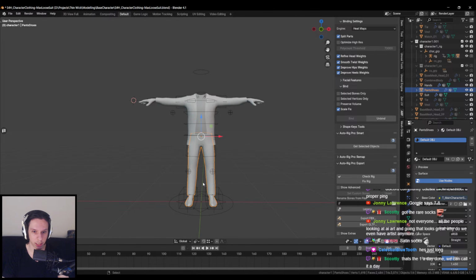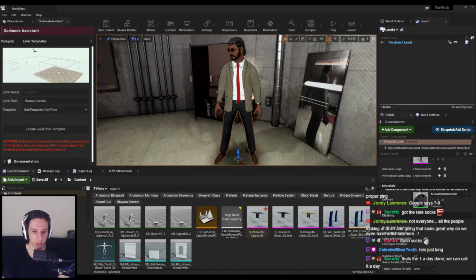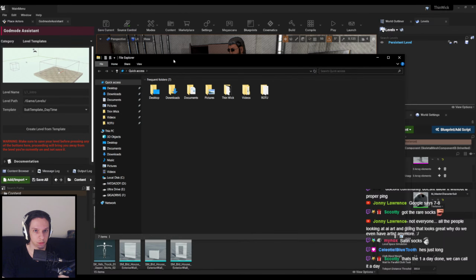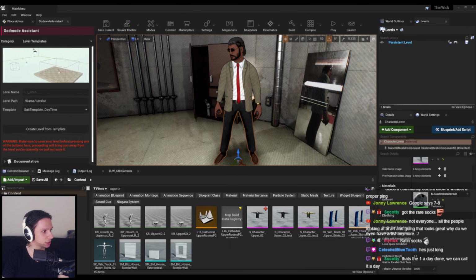I don't think I edited the UVs at all. So I'm thinking we just import the new skeletal mesh, and then for the pants we could just duplicate the other ones. I don't really like that workflow of duplicating the skeletal mesh a bunch, but